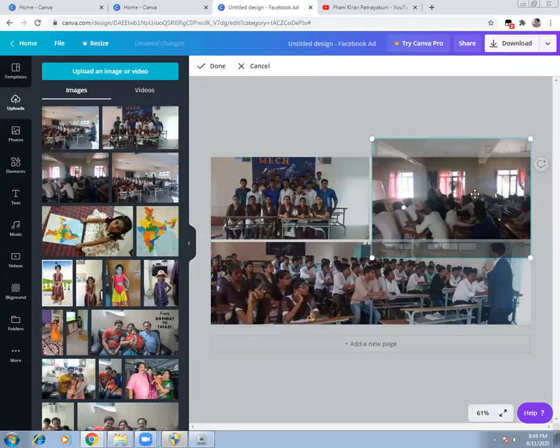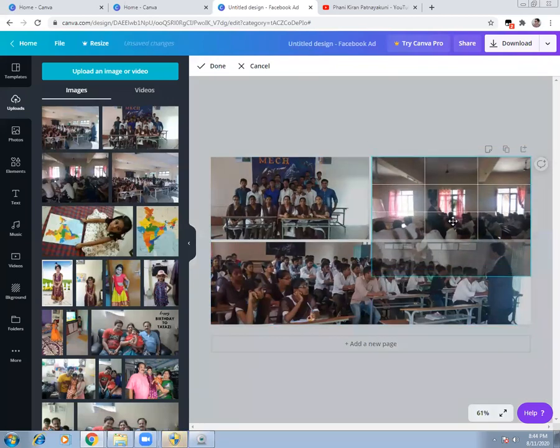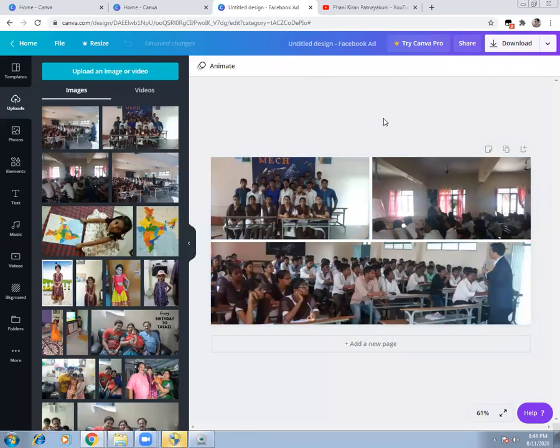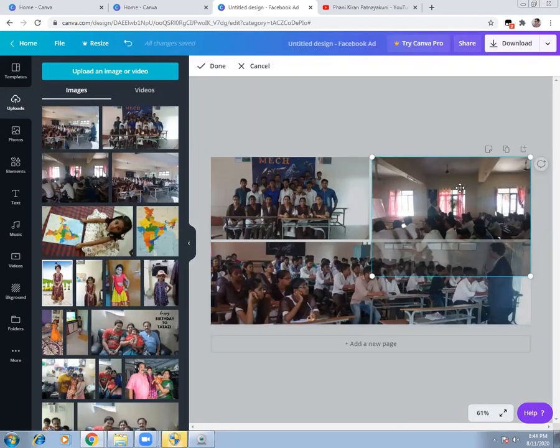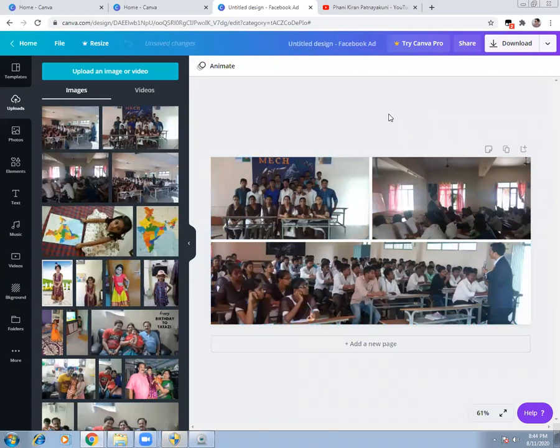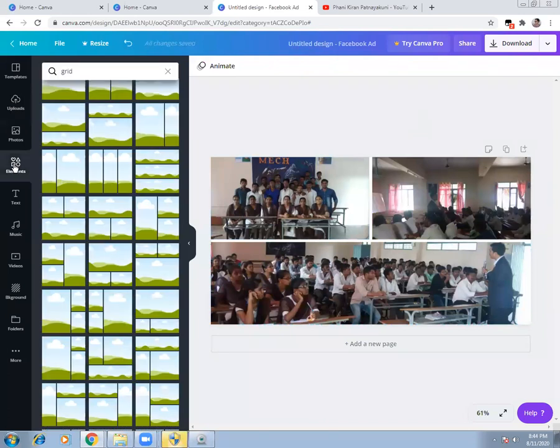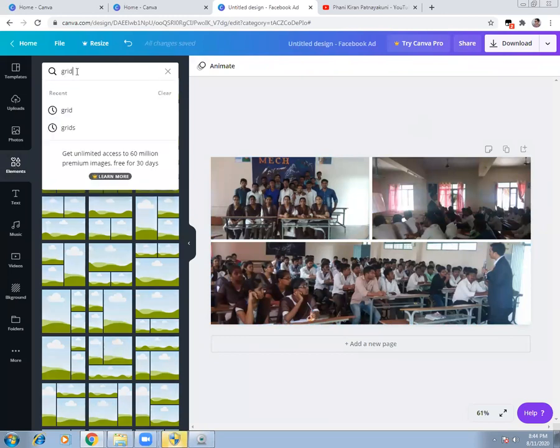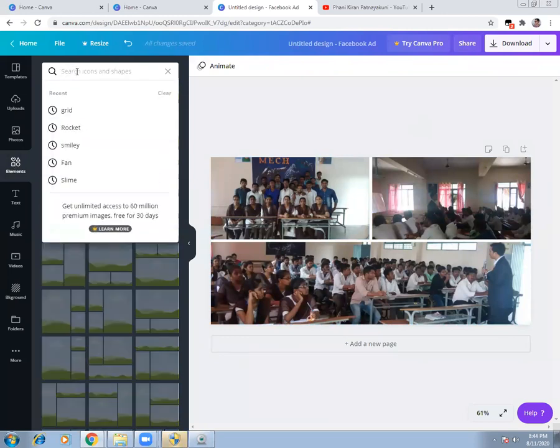So now I want to adjust it to ensure that you're more clearly visible. Maybe you want to put it a little further up, whatever way it is. And once you have it, you have these elements. You can just click there, remove the grid and say enter.